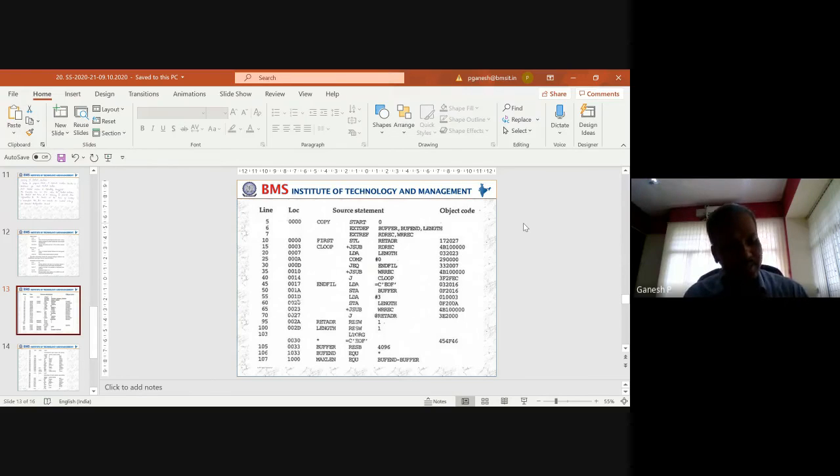Second, USE is the assembly directive that we use for program blocks, whereas CSECT is the assembly directive we use for control sections. And third, the same records of the object program are used in program blocks as we used earlier, but when it comes to control sections, we add two more records, the D record and the R record. These are the typical differences you see between program blocks and control sections.